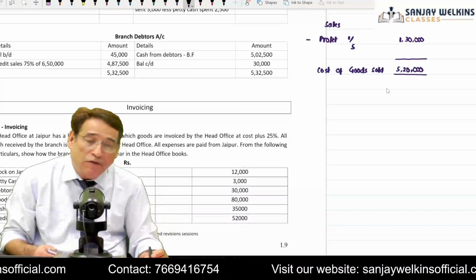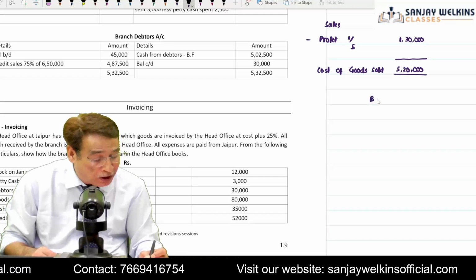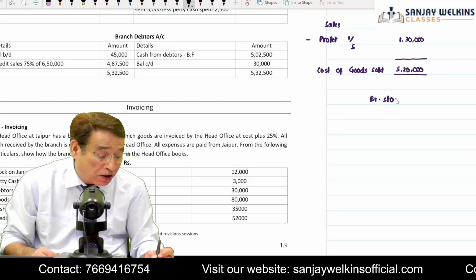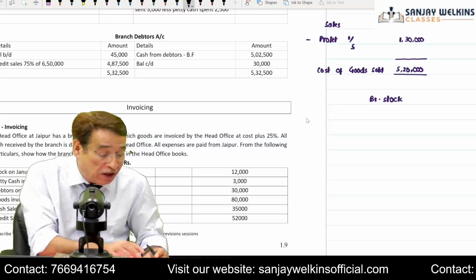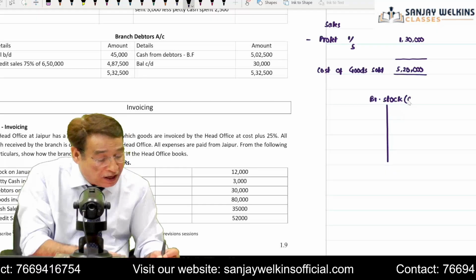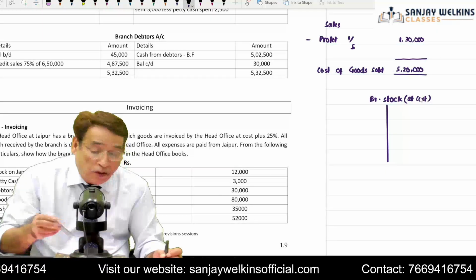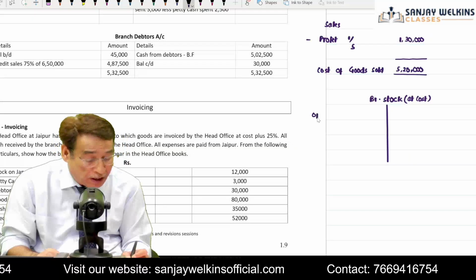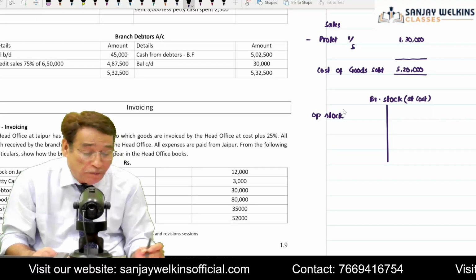Now, once we have determined this, we can prepare a branch stock account here, because in this particular question, goods sent to branch is not given. If goods sent to branch is not given, I will have to prepare a branch stock account in my working note, and you will write here at cost. This account will be prepared at cost. How are we going to prepare this particular account? First of all, here I am going to write opening stock, the opening stock which is available with the branch,